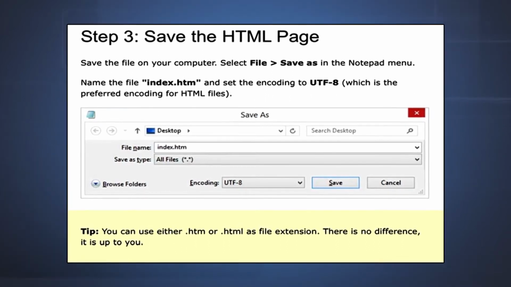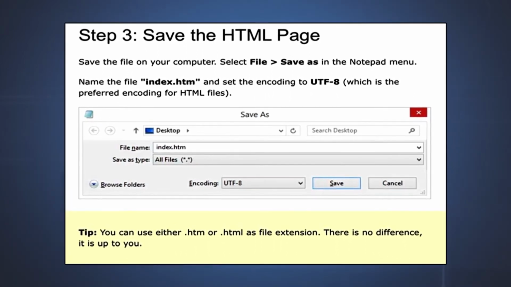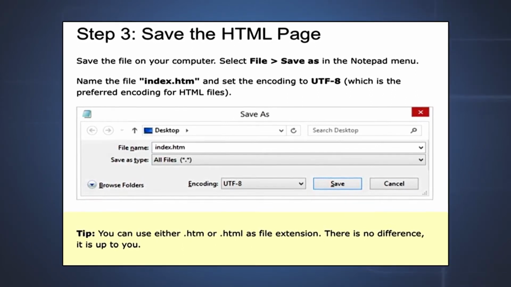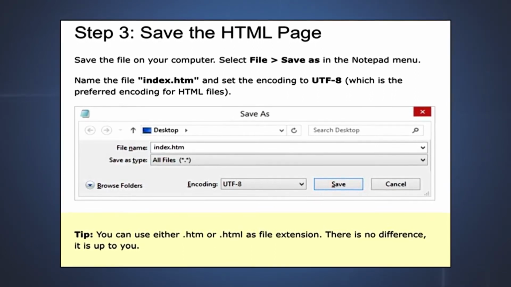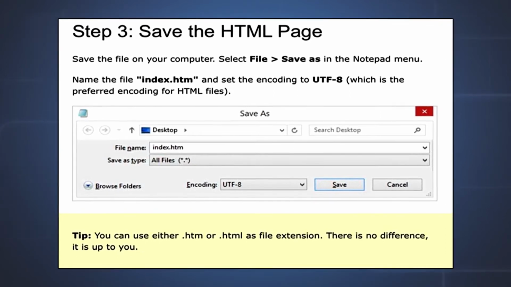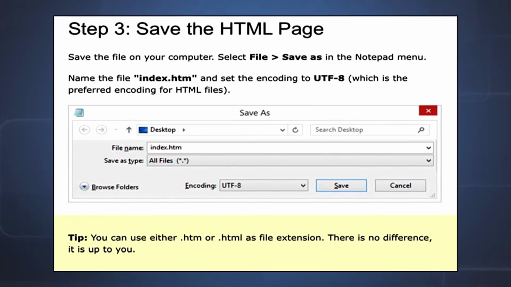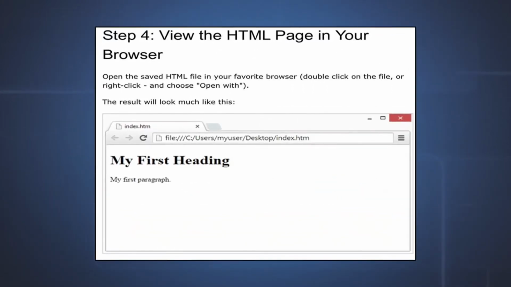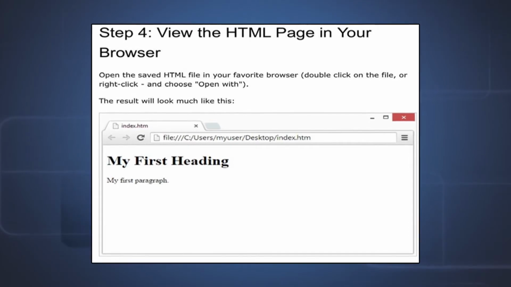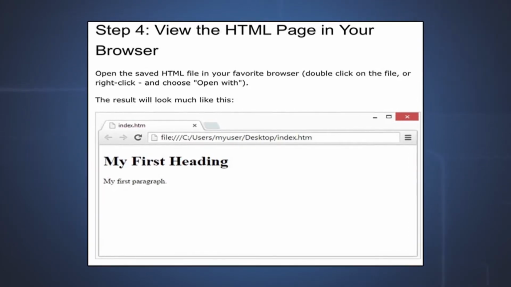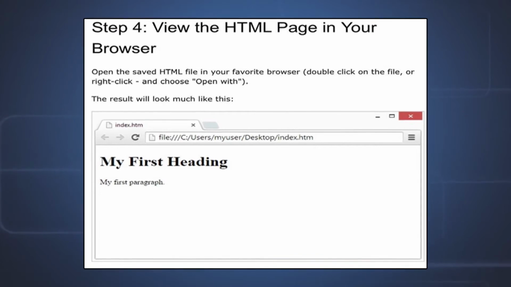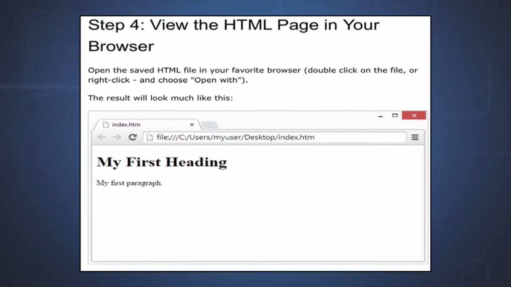When we are saving it, we should ensure that the extension is .htm or .html. Either of them will normally work, because there is no difference between them and they both are recognized by the browsers. And whenever anybody goes to a website, normally the home page is index.htm or index.html, so we better name it accordingly. Now, once we do that, we save our page and then load it in the browser and check its correctness.